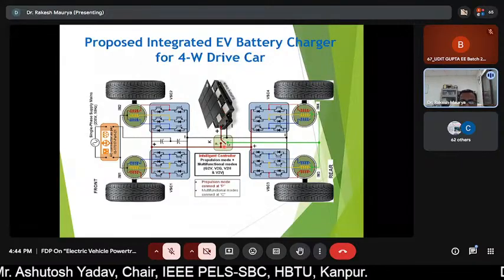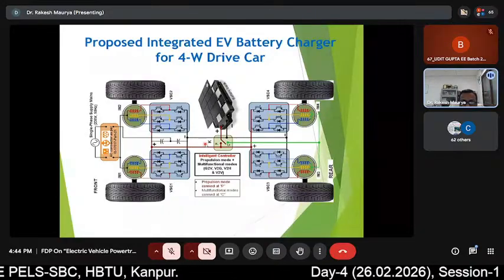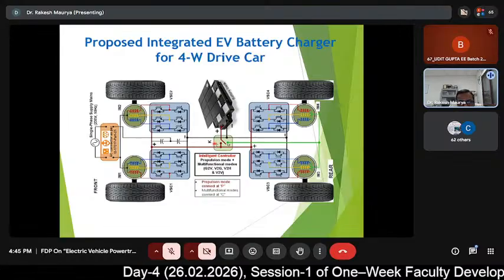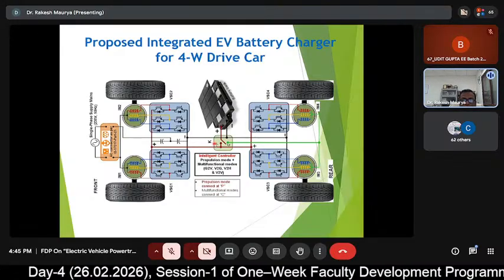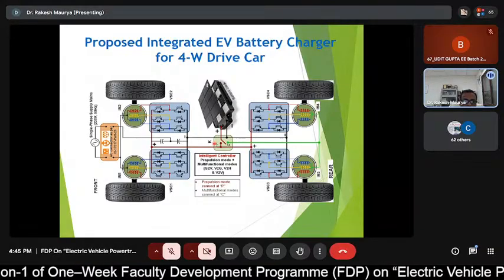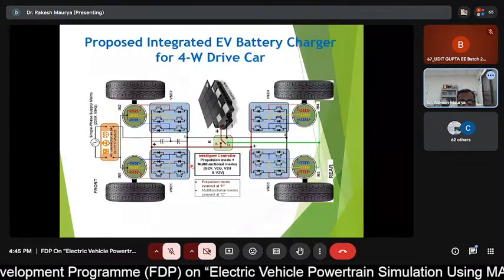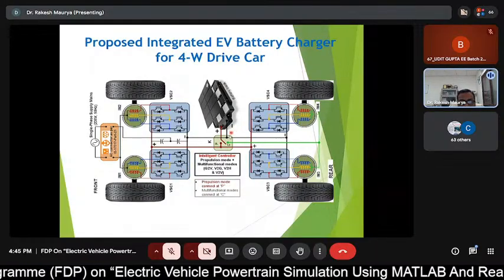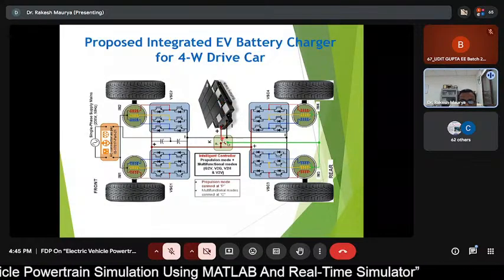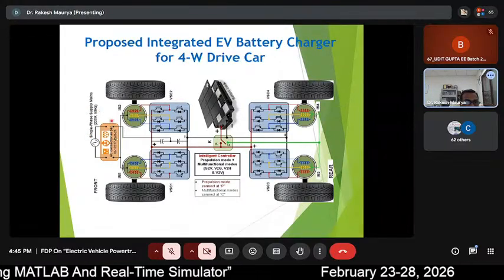There is one relay, switch K. When the switch is connected to P, it is acting as propulsion mode, meaning the battery is going to power each individual machine through its VSC. And when the battery is required to be charged, then this K switch is shifted to C point,